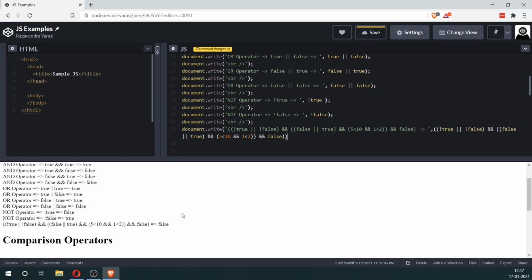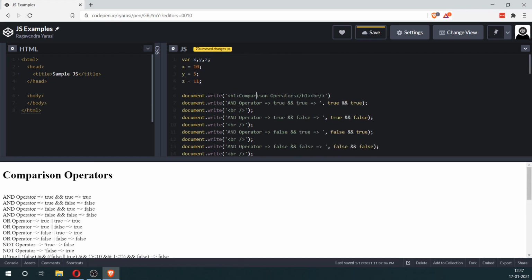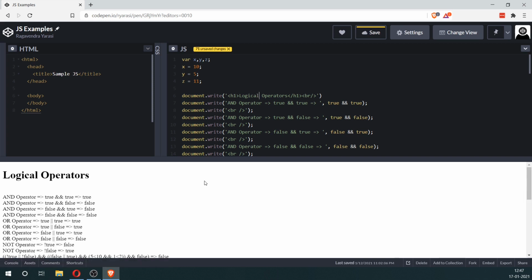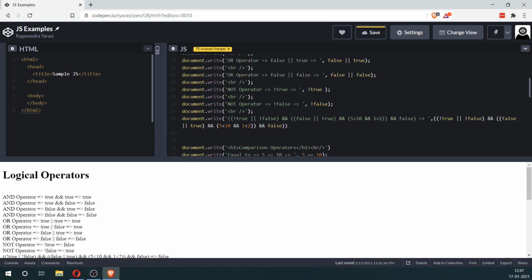So this is an example of logical operators. These are also called relational operators. We need to change the title to logical. Okay, so this is a demonstration of these logical operators. And like we've seen here, we can basically chain these operators together to form a more complex expression. And as we move forward, we'll see how this is actually very useful when we are trying to test several conditions to test some complex logic and other things.